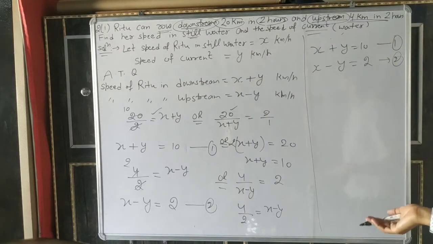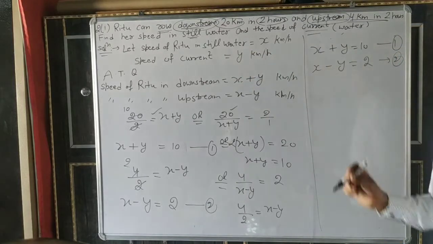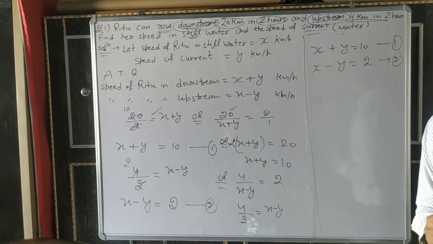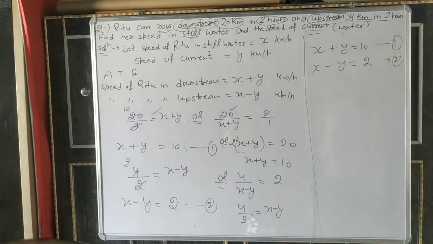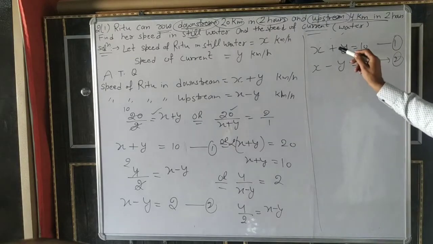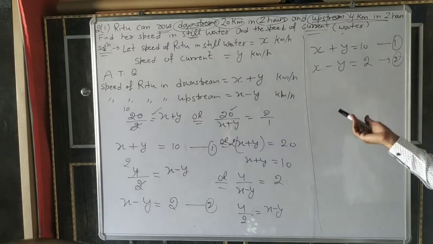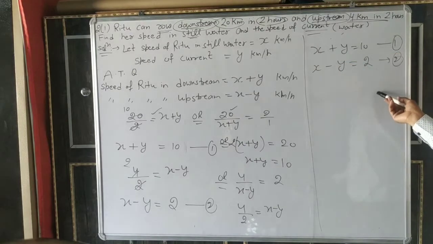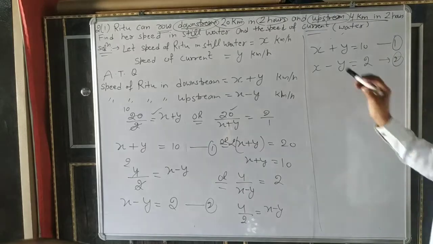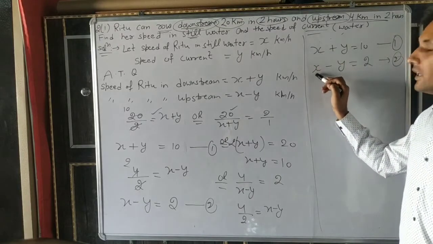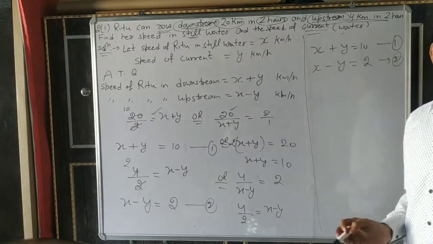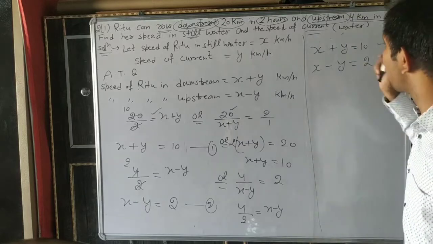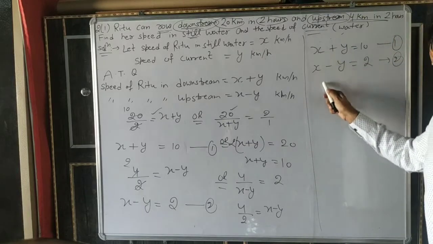So it is very simple. X and y. Again it becomes a linear equation, and I think we have already done many questions on linear equations. What will we do? We make the coefficients equal. Coefficients 1, 1, and if the signs are opposite, it means adding equation 1 and 2. Here the coefficients are 1 and 1, both positive, so subtract equation 1 and 2. Find x and y values yourself.